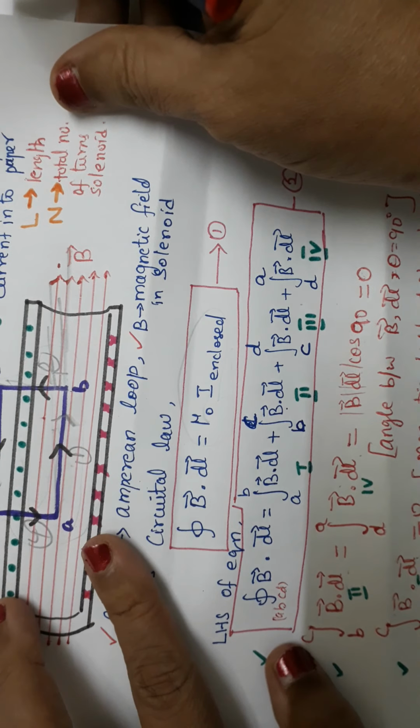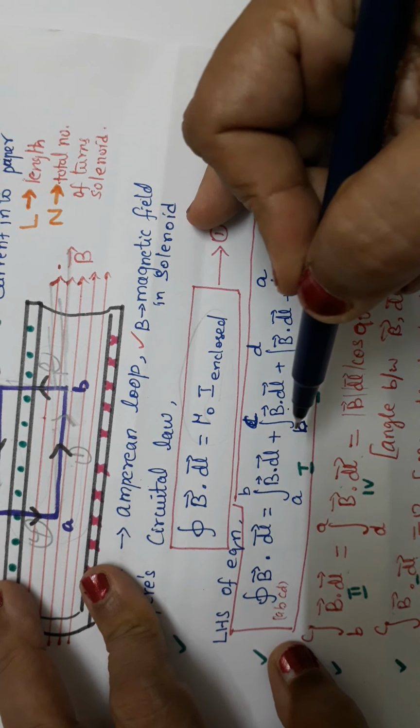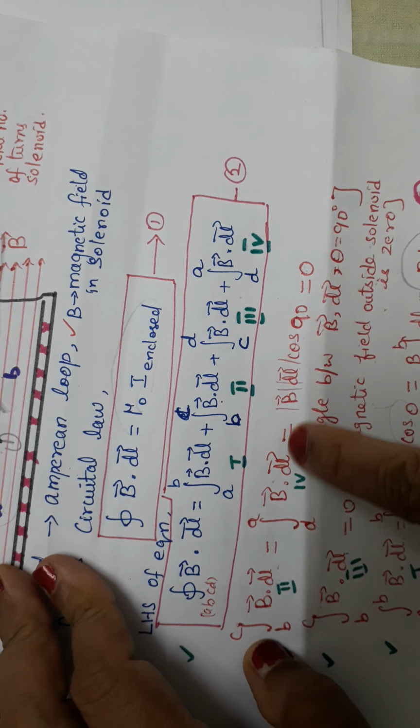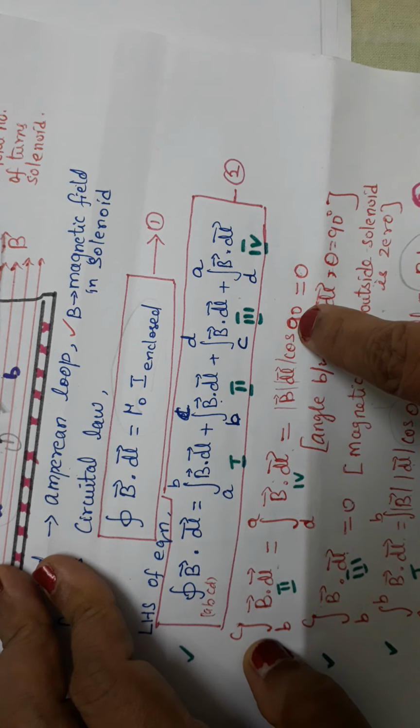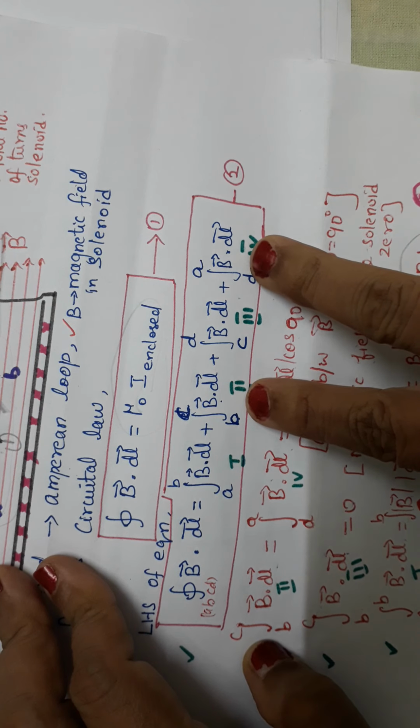Now if you look at these 2 integrals, I mean second and fourth integral, BC line integral and DA line integral. You can see the angle between, this is B vector, right? This is B vector and this is dl vector. This is dl vector and this is B vector. What is the angle? 90 degree, right? So for the second and the fourth integral, B dot dl is B dl cos theta, right? Theta is 90 degree. So this term fully becomes 0. So second and this fourth integral value becomes 0.